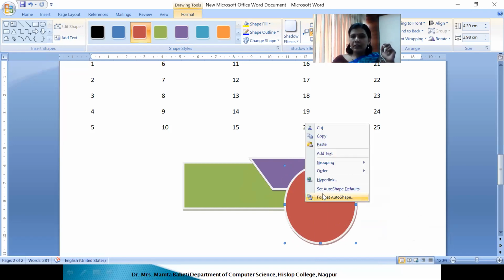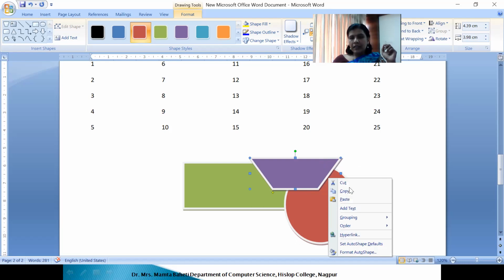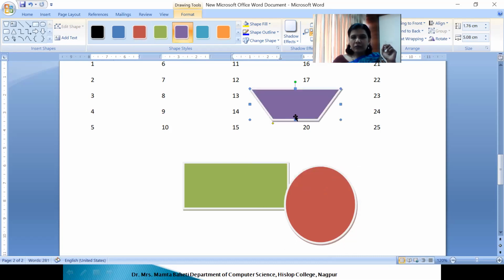If I click here and in ordering, I'm sending backward, you will see purple is covered with red, which is covered with green. This is the way you can do it. Now next, suppose I'll just move this.